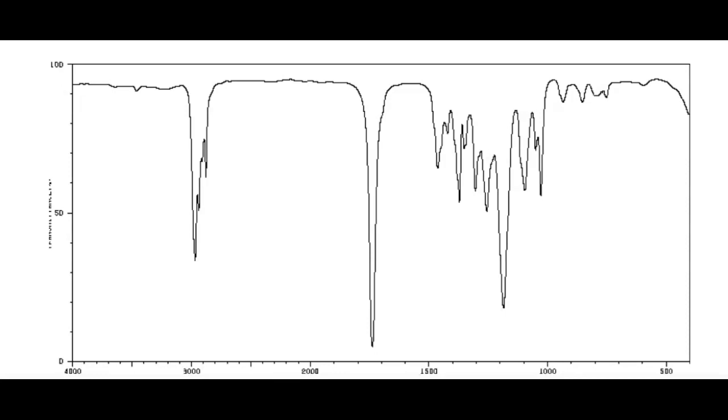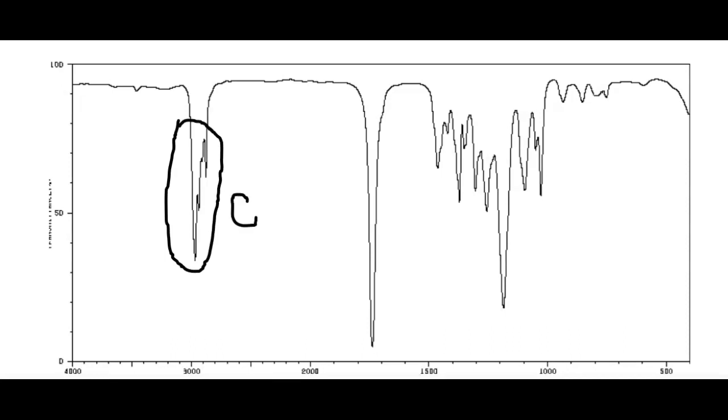So first, I started off with the IR spectra, and as we know, anything between 4,000 to 2,700 will be things that are bonded to hydrogen. Next, anything between 2,300 to 2,000 will be a triple bond, and anything between 1,900 to 1,500 will be double bonds, and then anything from 1,500 to 1,000 will be single bonds, and beyond that is the fingerprint region. So first I looked at this peak right here, the first major peak, and I was